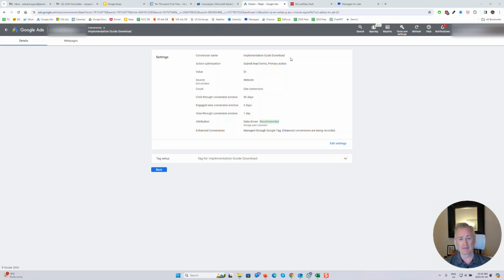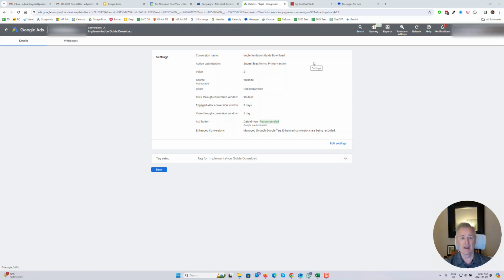So the conversion name, you can name them if you're creating them directly in Google Ads with the Google Ads tag. If you import them from a third-party service like GA4, you can still edit the name in most cases, but I recommend against doing that because it makes it hard to reconcile, particularly if you have a large number of conversions. If you go back and try to figure out which one's GA4 and how does this map to Google Ads, it's going to make it difficult. So just as best practice, try not to change the names unless you really have to for goals